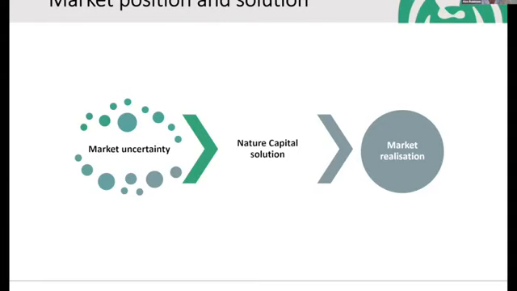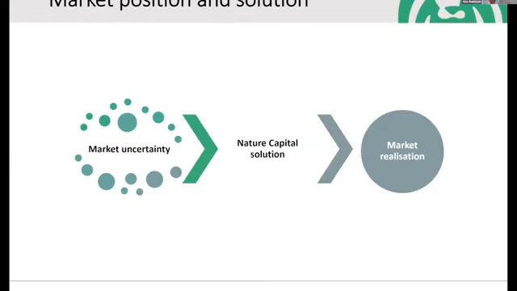So that's where Nature Capital are positioned. We're there to bridge the gap between the data measurement and the market. This middle piece, in terms of recognizing and quantifying the natural capital, is critical to informing and realizing the benefits. So whilst I'm not going to sit here and pretend I've got all the answers, what I do have is a rigorous market approach that can provide a clear framework to support decision making.